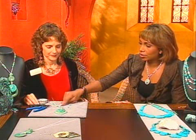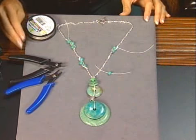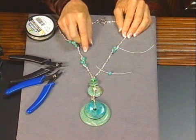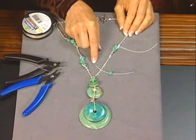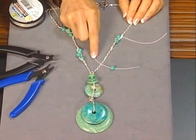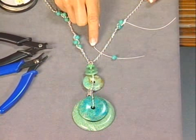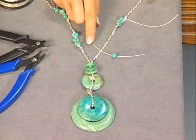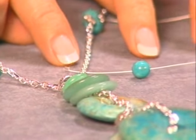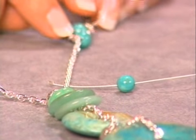Now, I want to show a couple of the other pieces that you brought too, and I know you've added some little extras on. Do you just attach that with your bead wire? Yes. What I do is I'm making this group of 3 beads here, just embellishing the chain, make it a little more fun. I start out by adding a crimp bead to the end and crimping it to my beading wire. The size that I use is 0.018. I feed it through a link in the chain, add an 8mm bead,